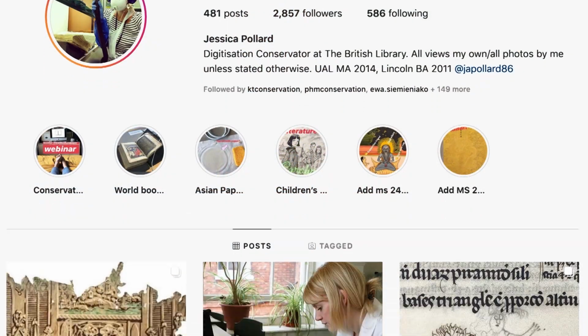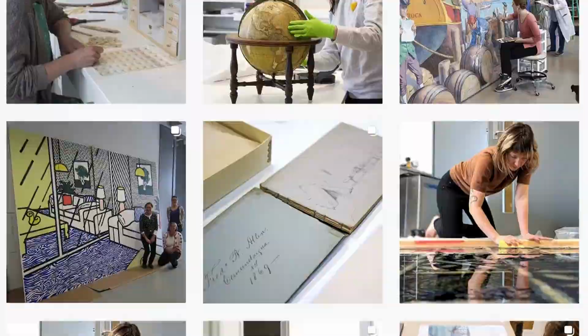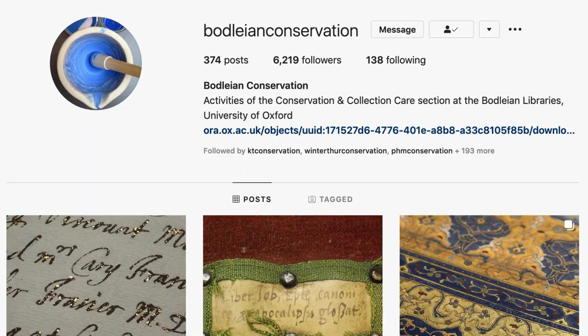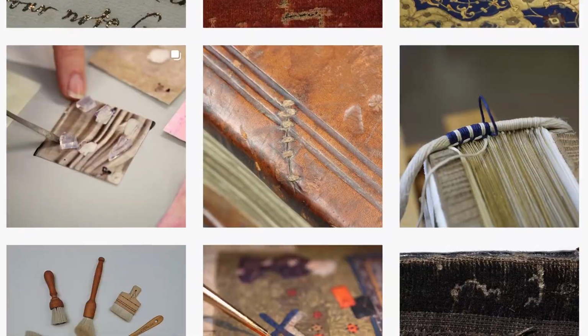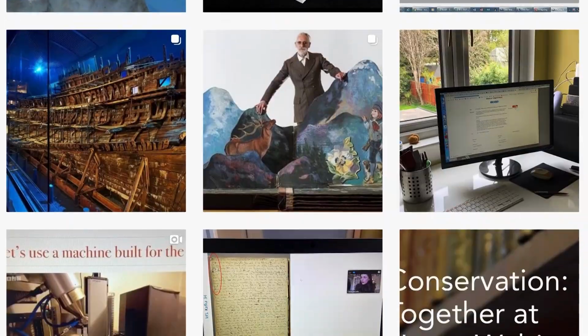You might go through a phase where you're like, yes, I want to read it all, but you don't have to. The conservation social media channels that you can follow can sometimes be individual conservators that are creating content. They can be conservation labs, whether private practice conservation labs or institution conservation labs. And sometimes conservation bodies have social media channels that you can follow, so national and international bodies.